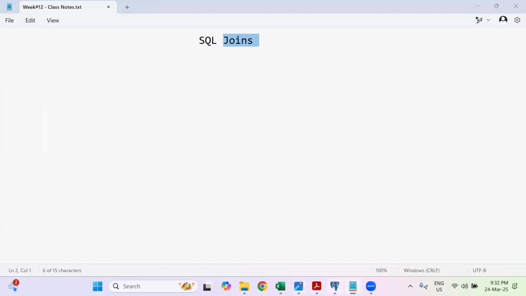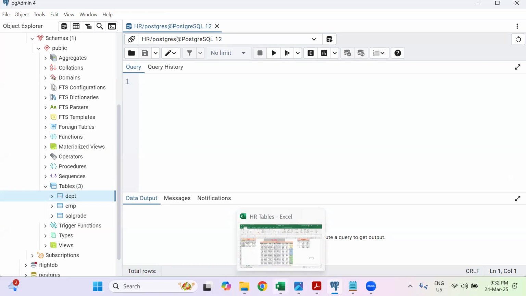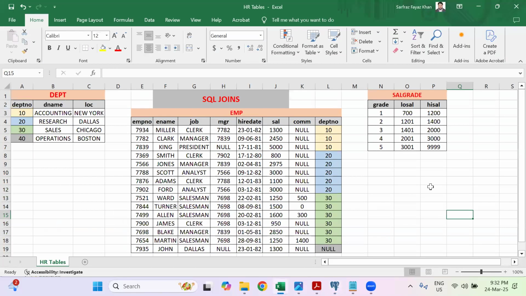What I have done is I have retrieved the data from the departments table, employee table, and salary table, and I have copied it into an Excel file. This is just so that you understand the data. This is not required to be done. I am just giving you a high level snapshot of the entire data so that you understand what we are doing. So we have the department table that has department number and it has 4 records, 10, 20, 30, 40 with department name and location. Then we have the employees table